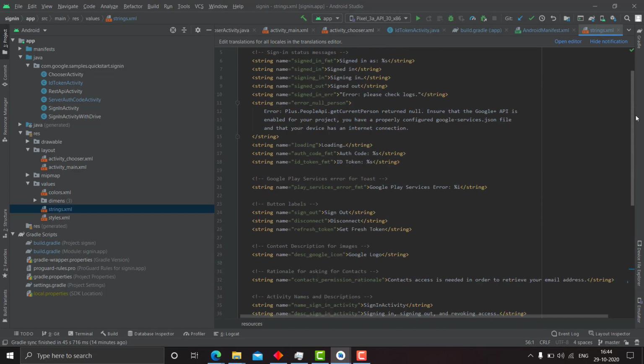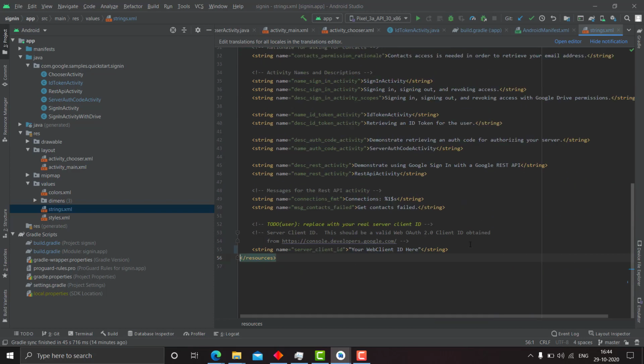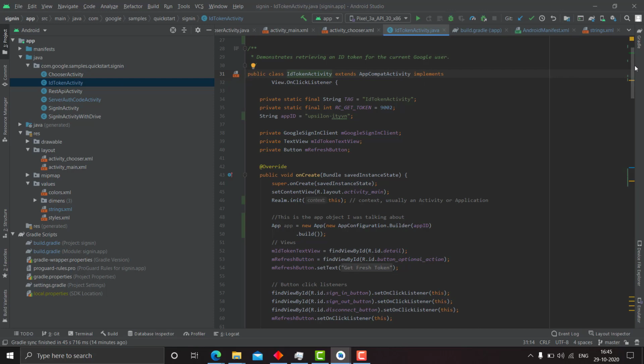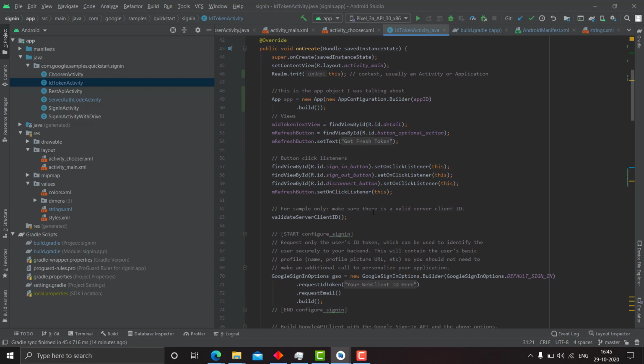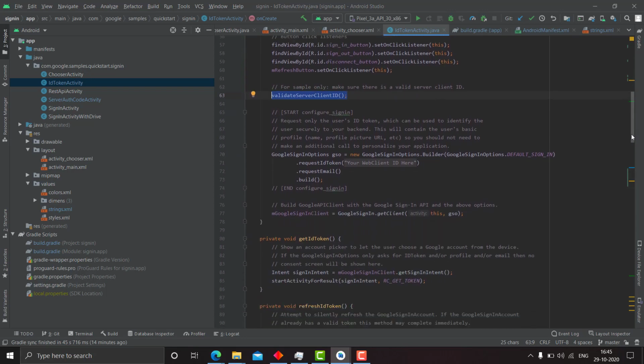The other strings are just for loading, signing in and other stuff. So now we go to our main code. To get the ID token from the Google web server, we first declare an activity called ID token activity, and first configure everything. Then validate server client ID is not required, it is just for checking if the Google client ID you entered is correct or not.